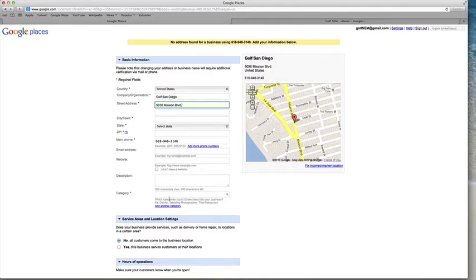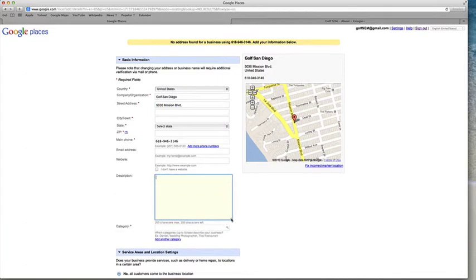As we're moving forward here, we want to select our category description. This is where we want to use some of those keywords that we were identifying, where Google returned a Places account, a maps listing. This is where we want to be thinking about those. I'm not saying stuff them in here. I'm talking about listing them in a way that sounds good to Google, like if you were talking to somebody. So if we were using golf course in San Diego as a keyword, because it returned Places for that, we could say golf course in San Diego,